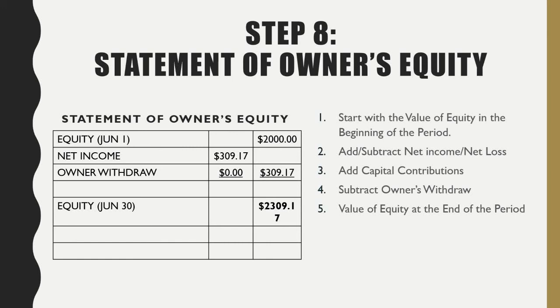So pretty straightforward, right? And anything that affects your owner's equity is also if you withdraw money from your company, which, yes, we've seen before. We do have owner's withdrawal. So once again, we're going to start with our beginning balance in our equity, whatever we started out with. Then we're going to add if we have a net income. We're going to subtract if we have a net loss, okay? We're going to add our capital contributions, and we're going to subtract our owner's withdrawal to get us a net ending balance,